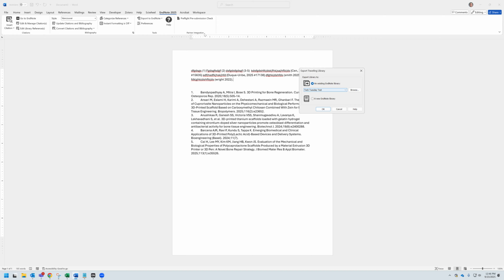And so this export traveling library is basically a way to sync all of that stuff across all of the different systems, so that her OS version of Word and EndNote act the exact same as my OS version of Word and EndNote. It's a little confusing sometimes and a little complicated, but that fixes a lot of problems when you're writing papers